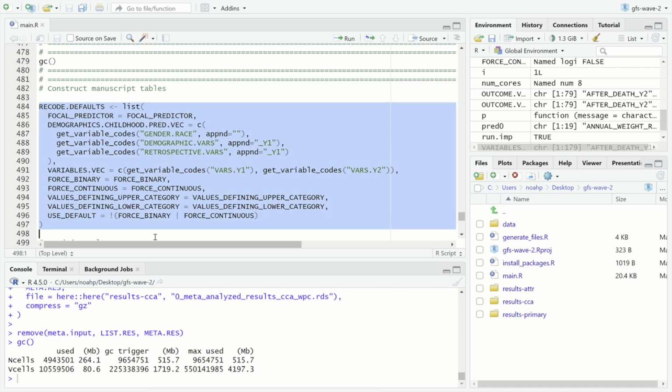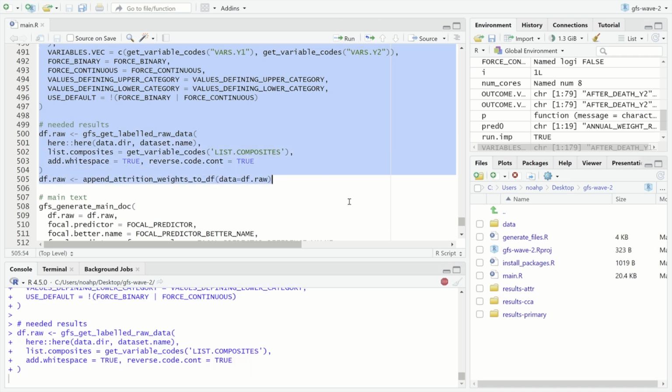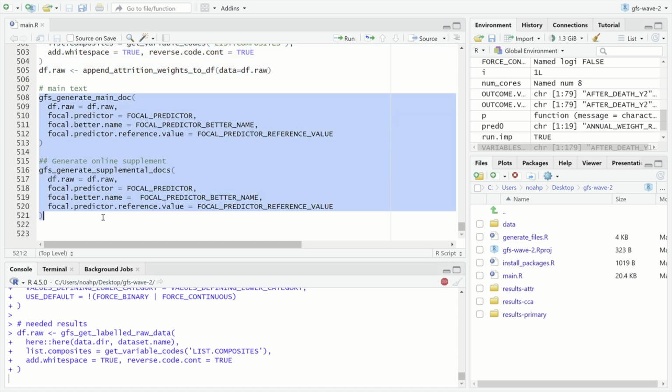And all this is the exact same. There's a lot of additional arguments to these 2 functions. One generates the main documents with the summary table, the meta-analysis results, the